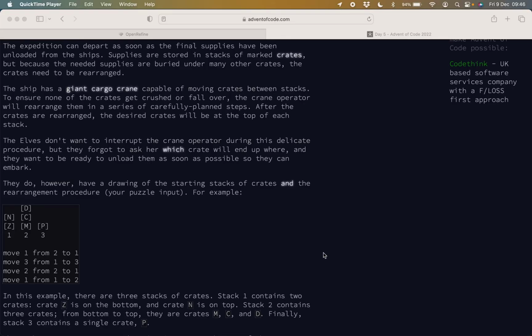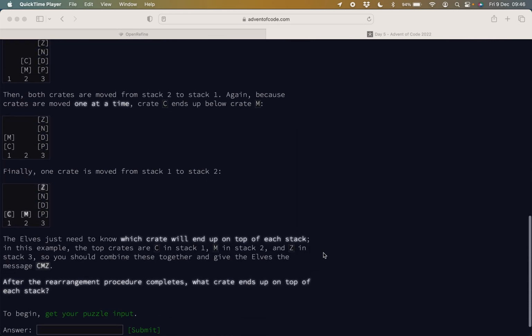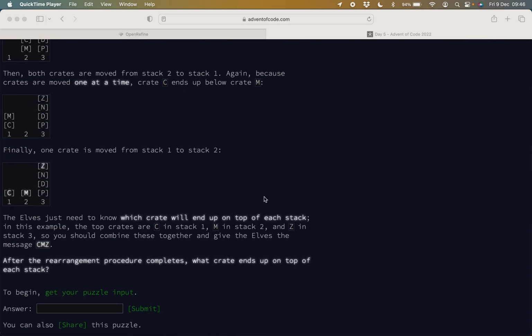Welcome to Advent of Code with OpenRefine day 5. In this case, although I've had a look at this puzzle, I have had quite a lot of thinking about it and worked out a strategy for solving it with OpenRefine. I haven't actually done the puzzle yet, so for the first time we're going to be seeing if I can actually get the right answer